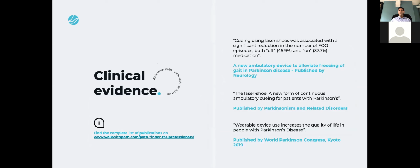Here's some clinical evidence. Cueing using laser shoes was associated with a significant reduction in the number of freezing of gait episodes, both off medication at 45.9% and on medication at 37.7%. This was published by Neurology. Also published by Parkinsonism and Related Disorders, the laser shoe is a new form of continuous ambulatory cueing for patients. And then finally, at the World Parkinson's Congress, Kyoto 2019, wearable devices increase the quality of life in people with